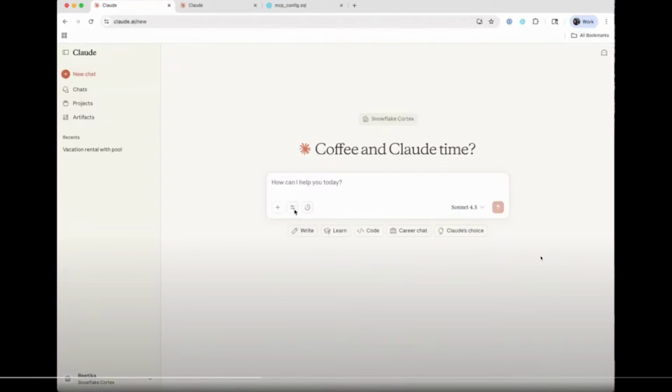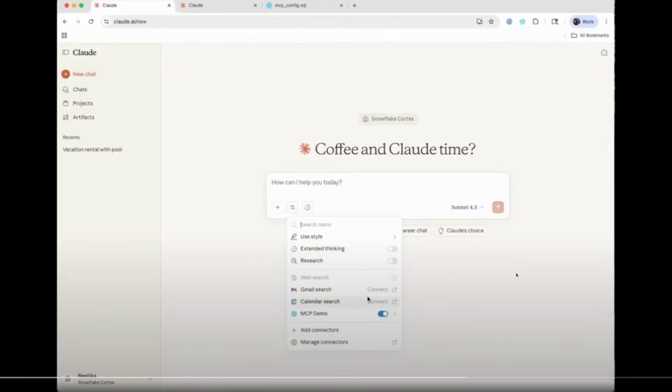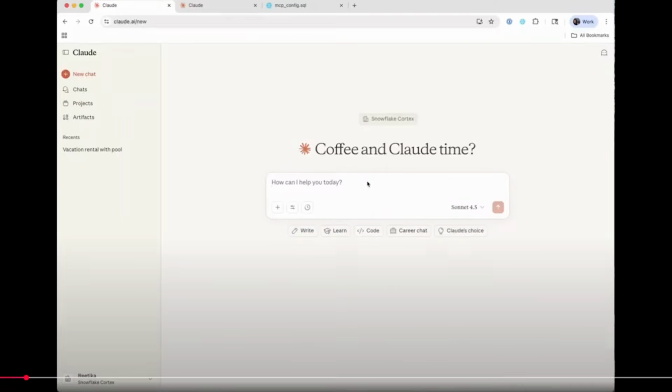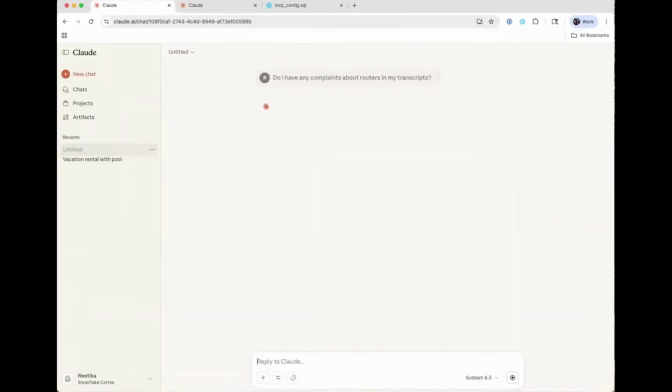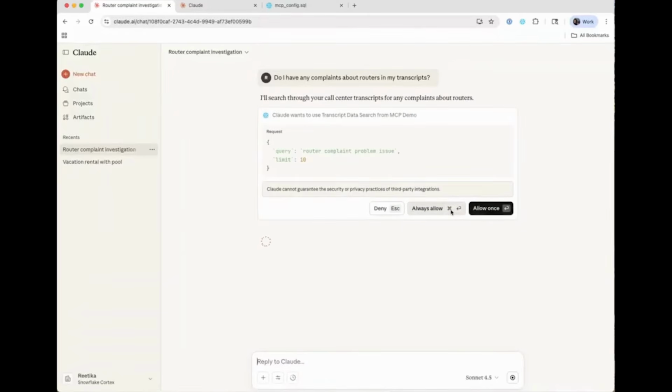So in this case, I've connected it, and I have the MCP demo connector here from Snowflake, and I'm going to use that to issue queries in Claude.ai and get responses, right? All right. So if you recall, we had configured a transcript search service, and it carries the complaints from end users about internet. Let's say this is a telecom use case, and I've asked, do I have any complaints about